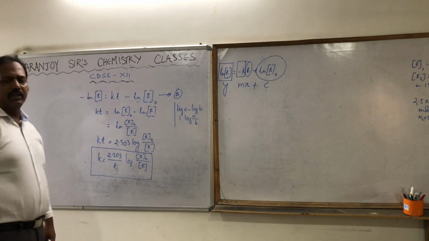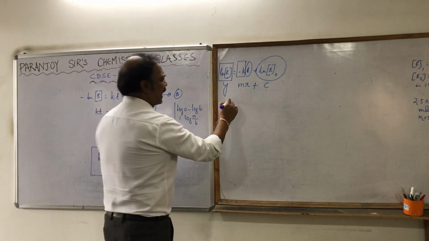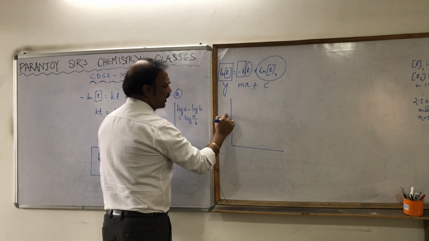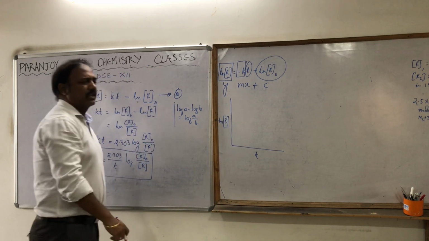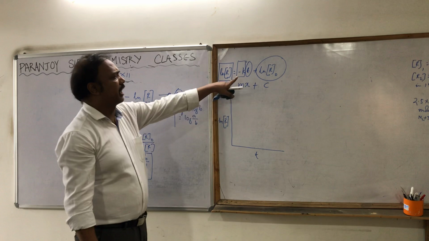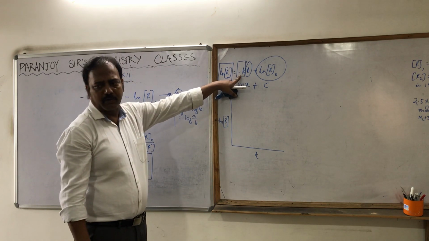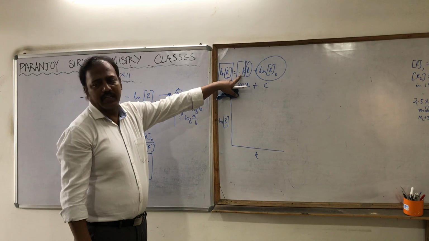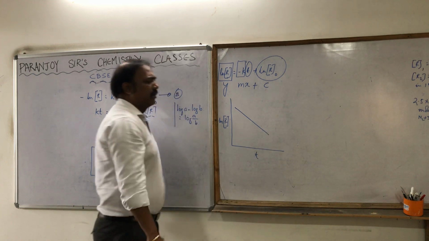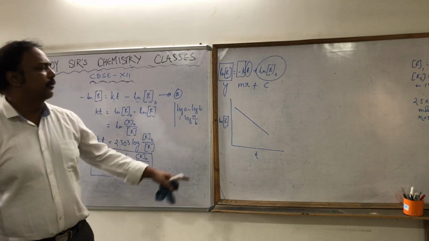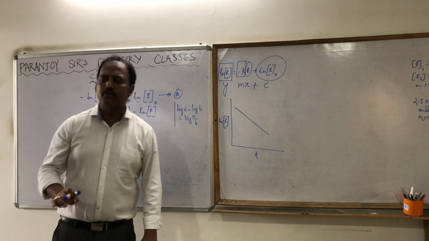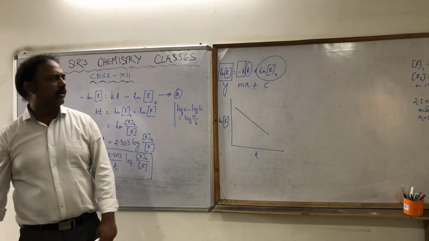So what are we plotting? We are plotting ln R versus time. And obviously if we plot, we are going to get a straight line, and the slope of the straight line is negative. I talked about this yesterday. Negative slope means we are going to get a straight line like this. But in the previous case, in case of zero order reaction, we plotted concentration R versus t. Now we are plotting ln R versus t. And why are we doing so? Hope you understood, just to obtain a straight line whose slope gives us the value.